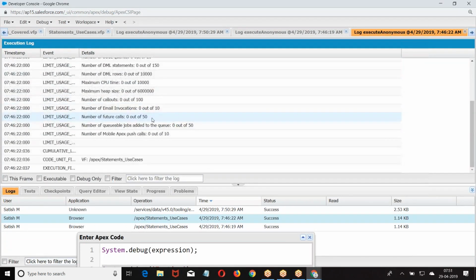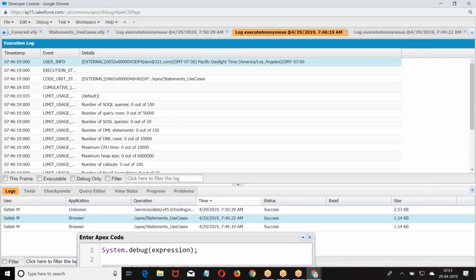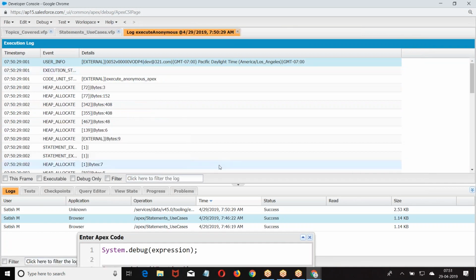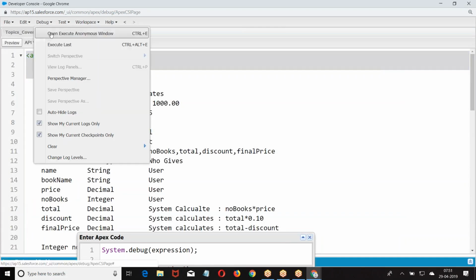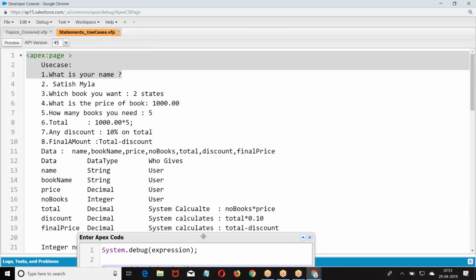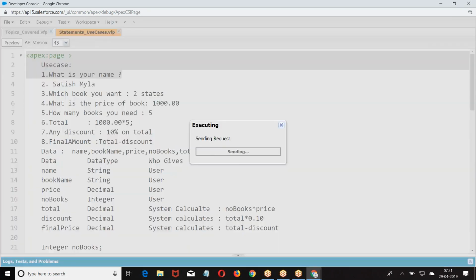There will be a lot of lines here. How do you understand it? Let's look at this. Execute it again.